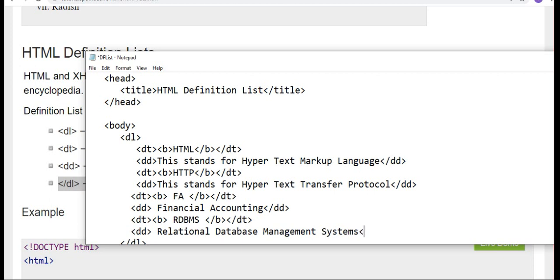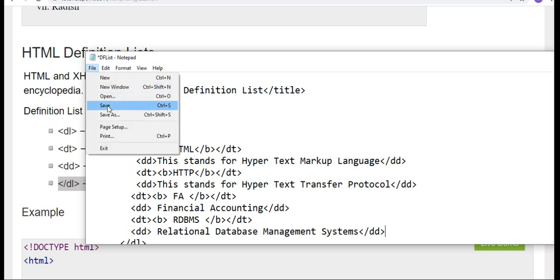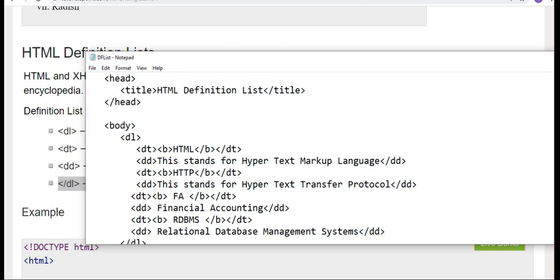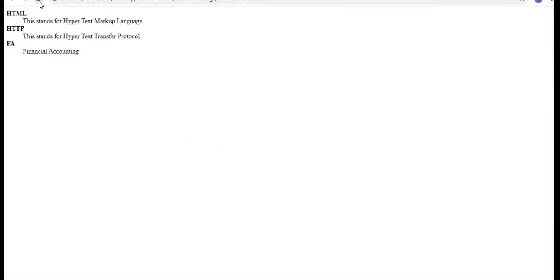So you just close your DD tag and that will be done. Refresh. Now RDBMS, Relational Database Management System.